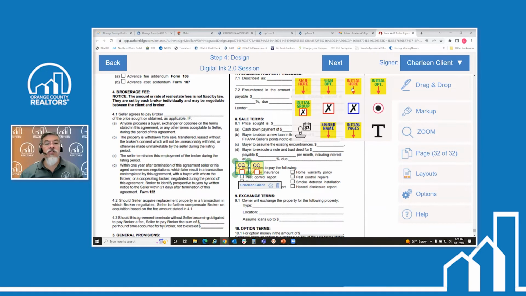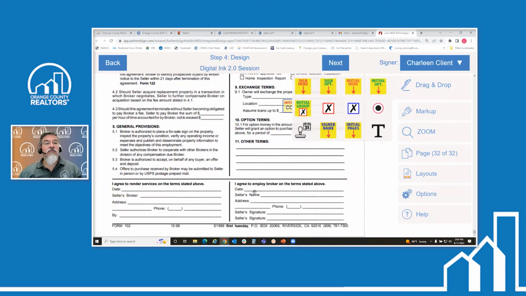Let's say the person has to initial somewhere. Right there. We're practicing. I know it's not the right spot. And we'll still need a signature sign here. I'll put it down here to make it easier to see. Now,